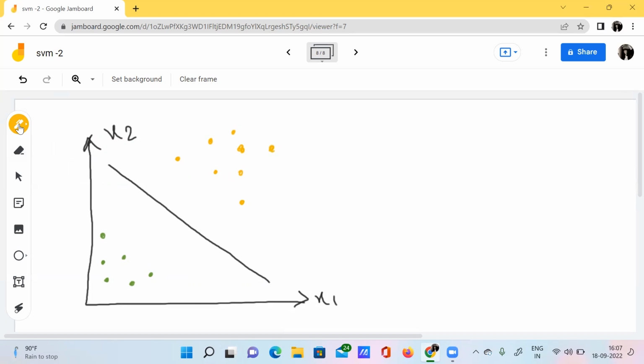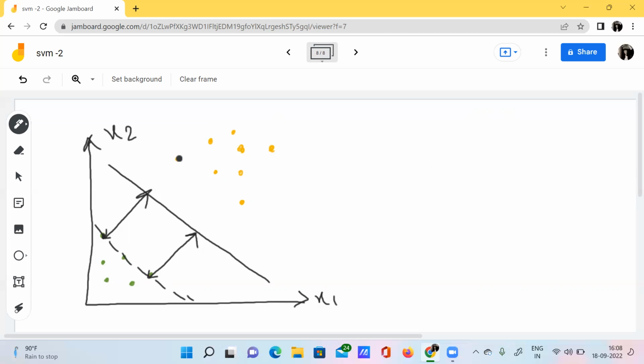If you calculate the distance between them, we can find that this particular data point has the minimum perpendicular distance. See here, this is the minimum perpendicular distance. And this data point in this class also has the minimum perpendicular distance. So these data points will usually form a margin.